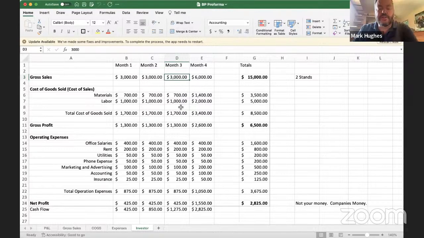Then you would be able to show an investor that if they loaned you money to double your business,